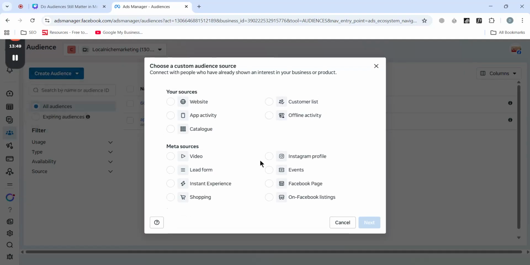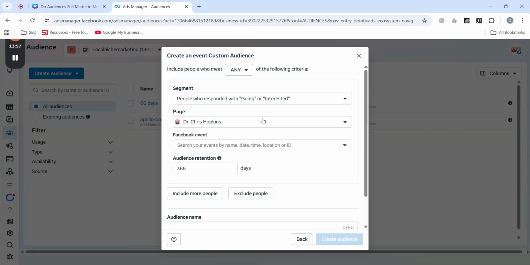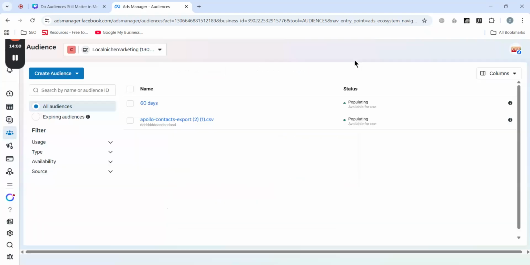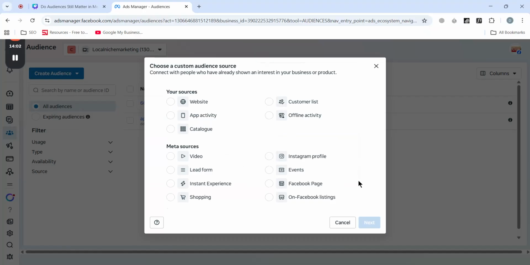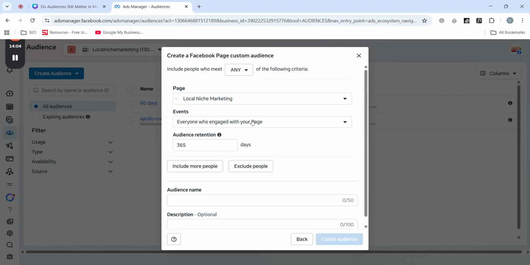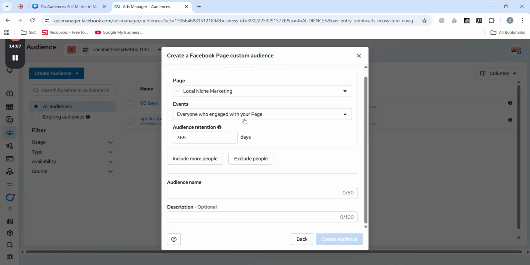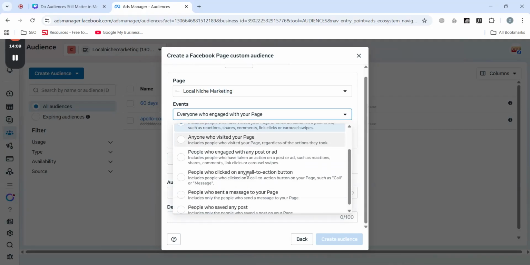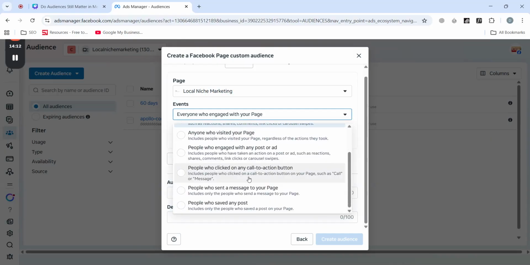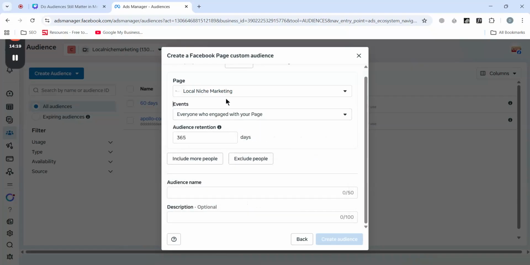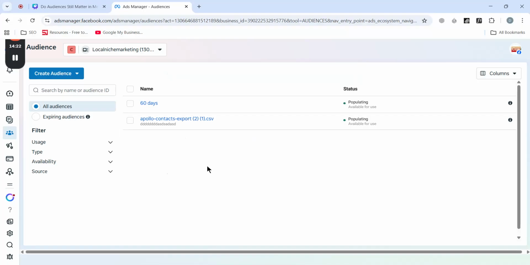Then we have to go to the Facebook page, and then there is the events also, right? This is for the events. You can also create audiences from that Facebook page. Again, you have to get everyone who engaged with the page. There are different levels of engagement available to you in order to create a custom audience from these events, right? So there are a lot of options when it comes to creating audiences